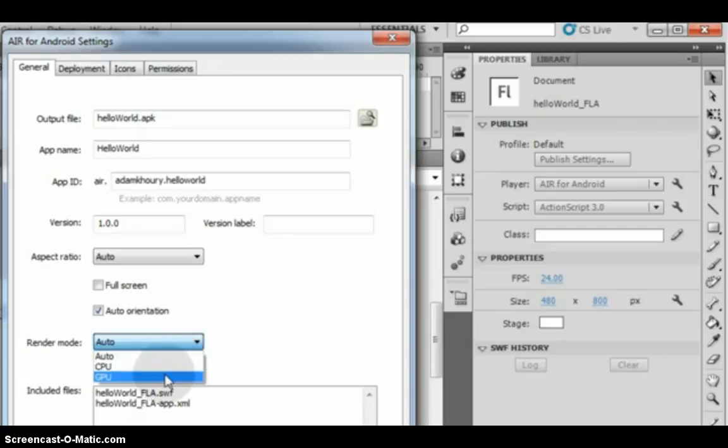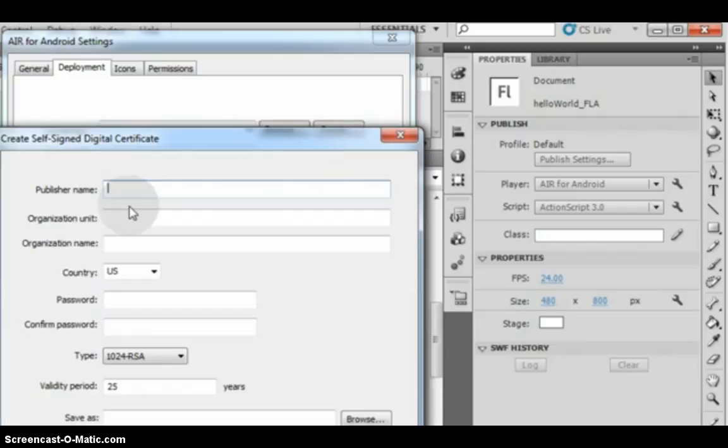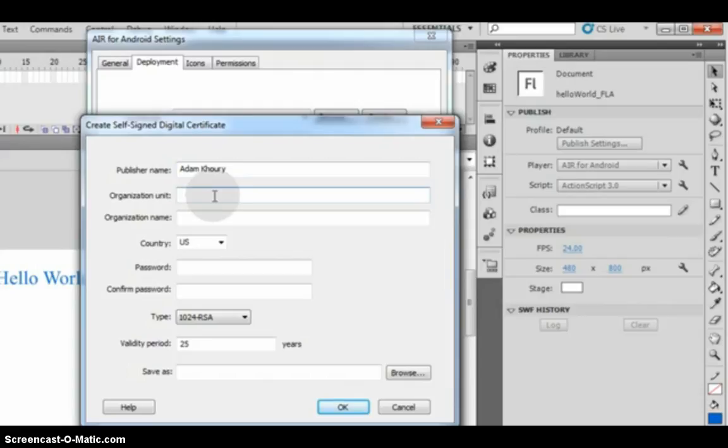So it also has the deployment. So I don't have a certificate, so I can create my own. So publisher name is Adam Corey. Then organization unit, I don't want to list it. Then organization name, then country US, then password and confirm password.